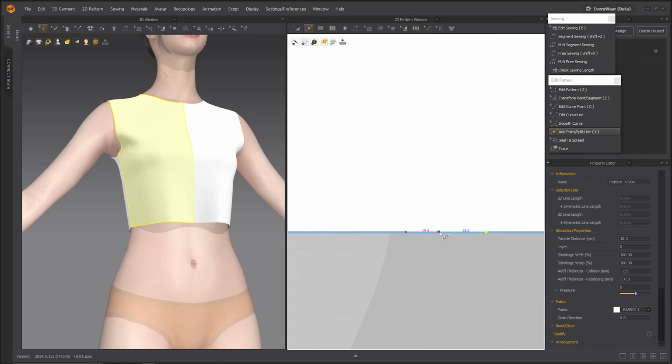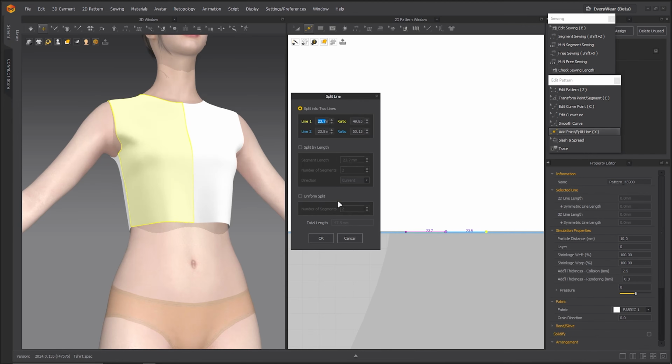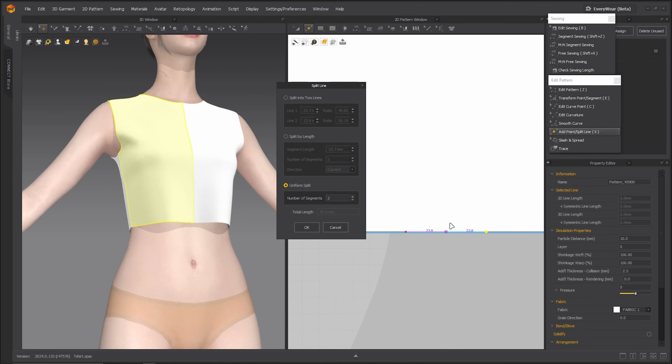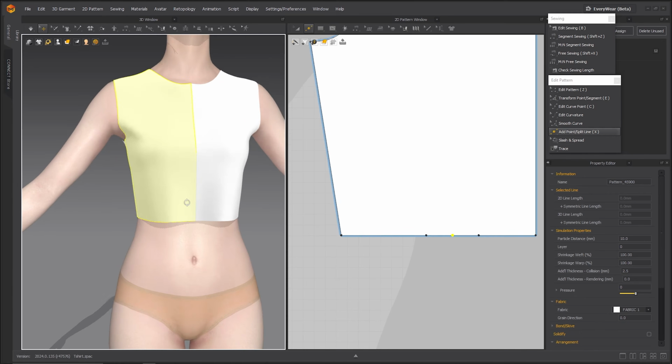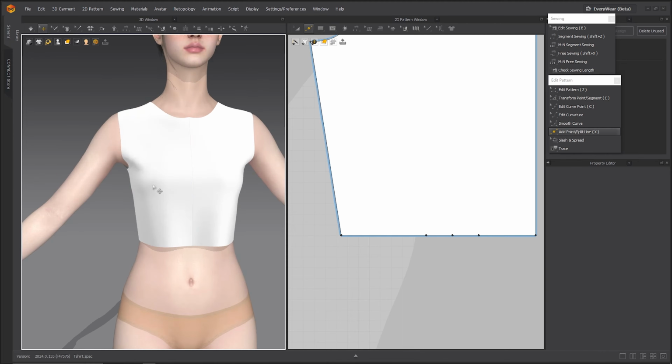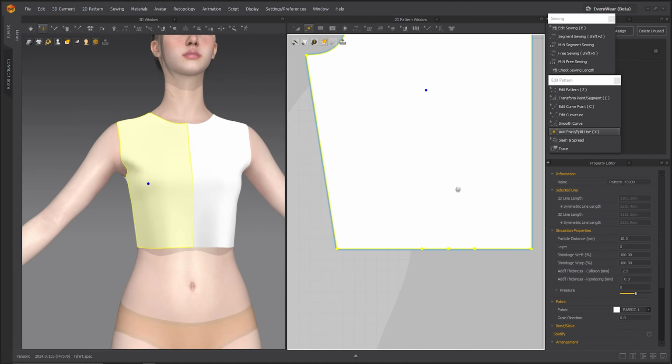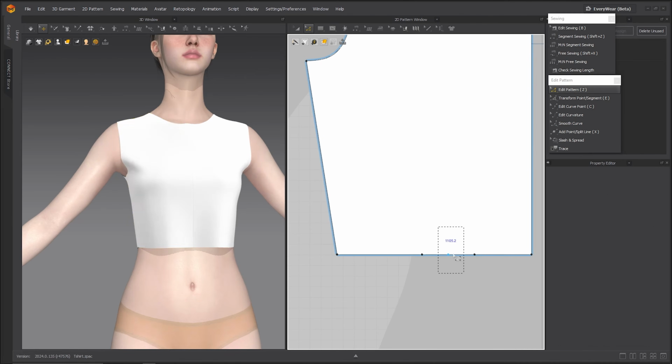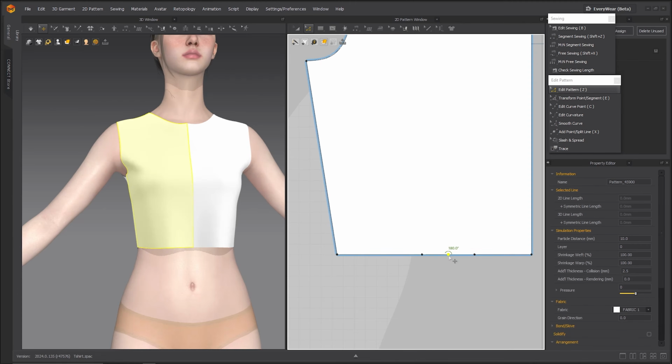So I'm going to hover over here. Instead of left click, I'm going to right click and choose uniform split. So it will add a point just in the middle, and hit OK. And now I'm going to find where the bust point is, which is the most elevated point of the female body, which is supposed to be here. And I'll select this with edit pattern, and I'm going to drag it towards that,